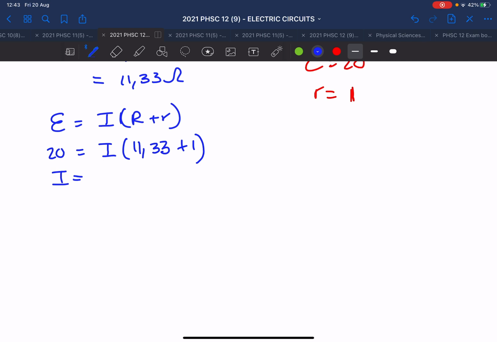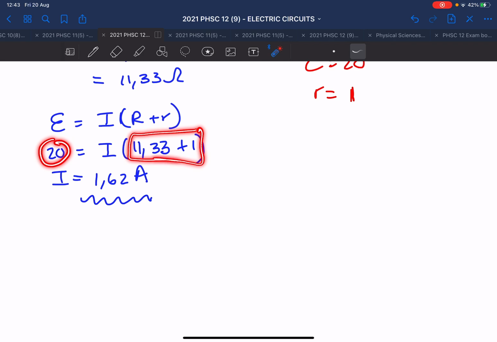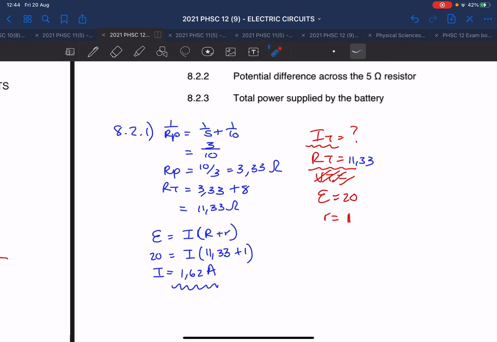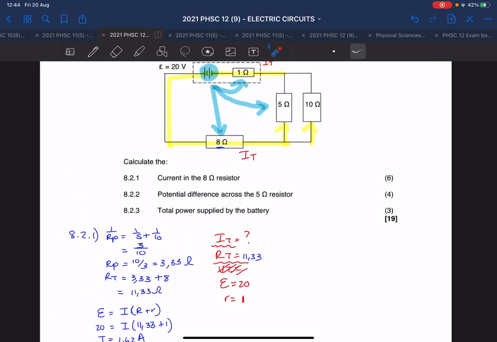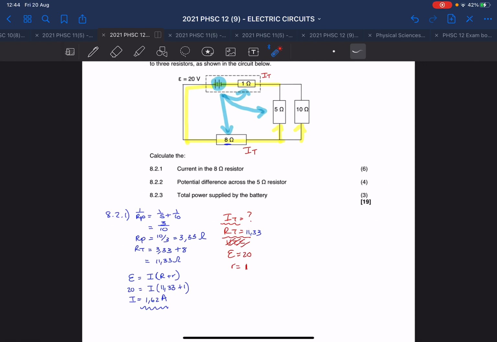So you get 1.62. Not ohms, amps. What's wrong? What did you get? Did you add these two together? And then you must say 20 divided by that. Okay. All right. So now that we have the current, now they ask, what is the potential difference, the volts,